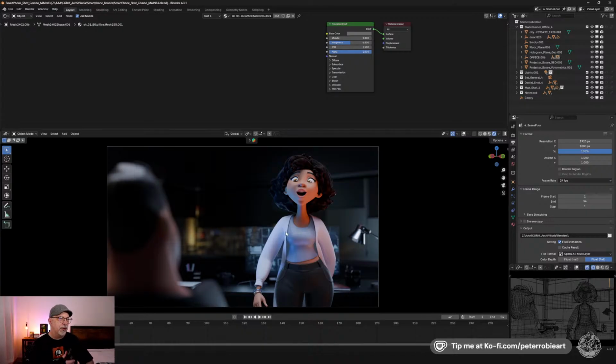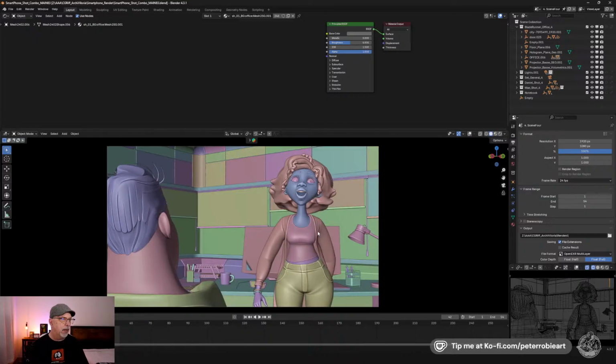So I swapped it out for a different HUD, and now I just need to update the area lights. So the area lights here, if we go ahead and go to material preview,